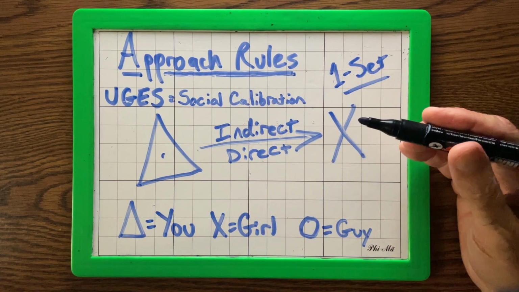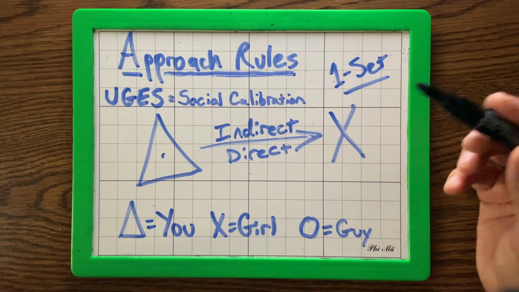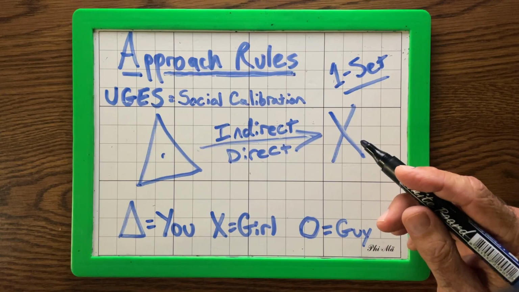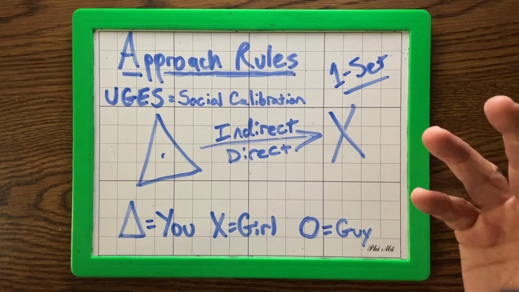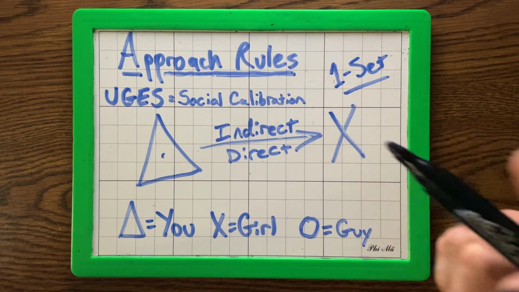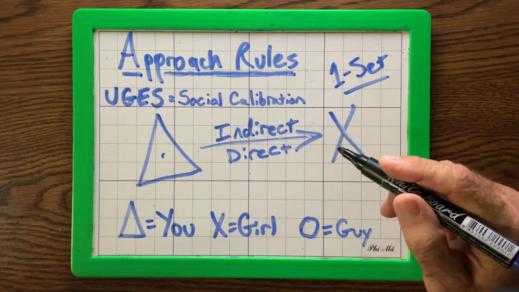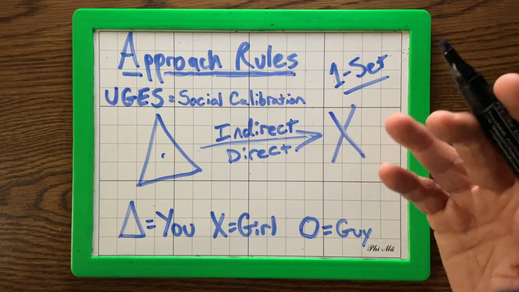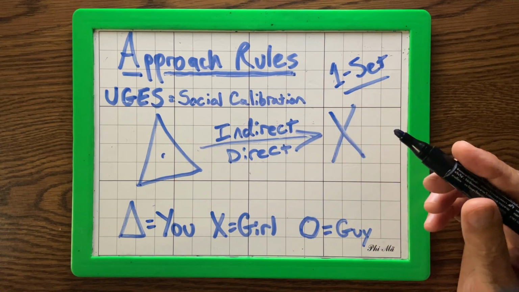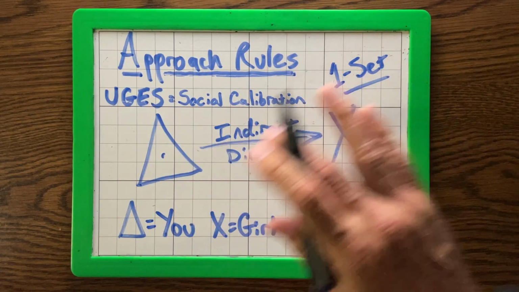To make sure we're both on the same sheet of music, let me give you some examples of openers from an indirect cold approach. Hey, do you know the Wi-Fi password here? Wow, what do you have to do to get a seat at this mall? Tonight is the night. I wish someone would video this. It's going to be epic. Hey, we were just talking and kind of want a Miami girl's perspective. Would you date someone that's still friends with their ex? You'll notice that on all these indirect cold approach openers, there are no compliments.